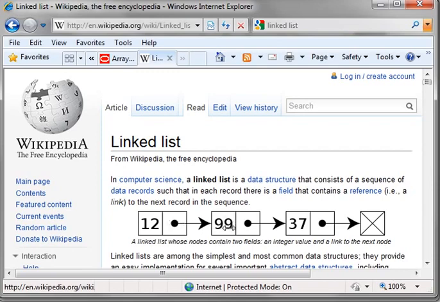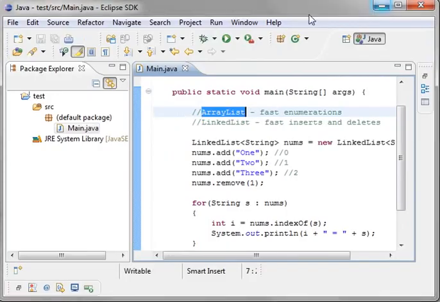So let's say if we were to delete this 99, you drop a new one in and it would automatically link those together in memory. So when it hits this one and you say I want to get the next one, it reads this pointer and says, oh yeah, it's over at this position, and then this one to this position, etc., etc. I know that sounds confusing, and believe me, you don't need to know any of that to use array lists and linked lists. As long as you understand the basics of the list